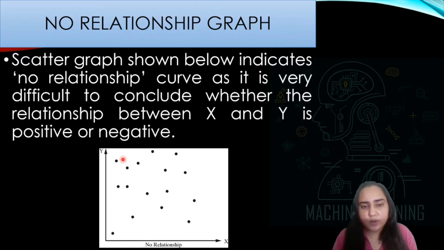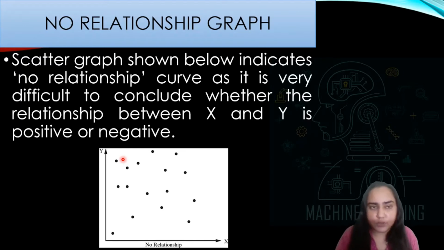Sometimes you can also have a graph with no relationship, which means you're not able to make a line or a curve to create a relationship or a linear regression line between them because the graph is so scattered. In that case, there is no slope, because there is no line. There's no relationship between x and y, and that is what your graph looks like when there's no relationship between x and y.